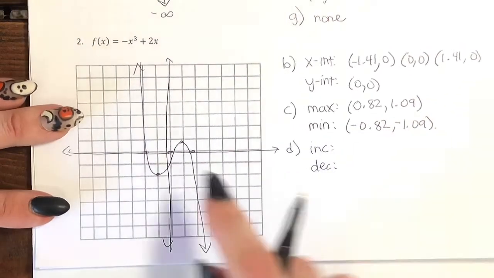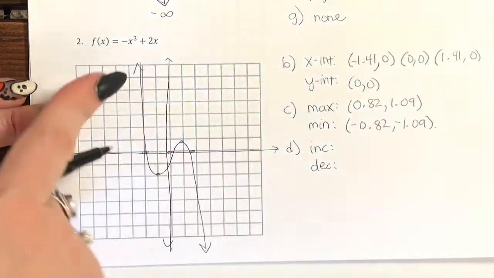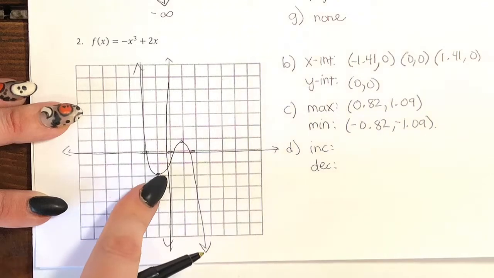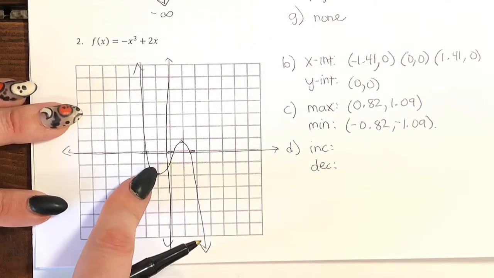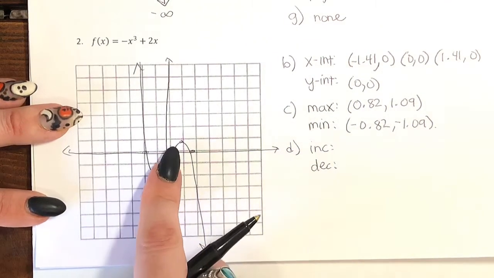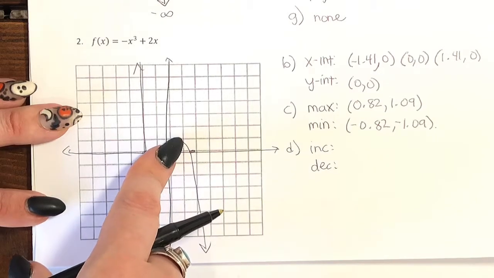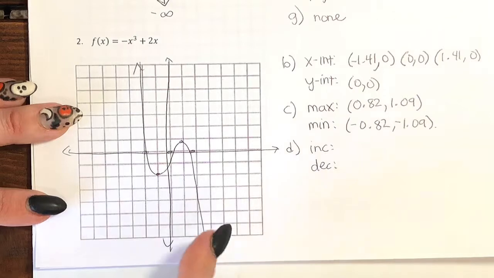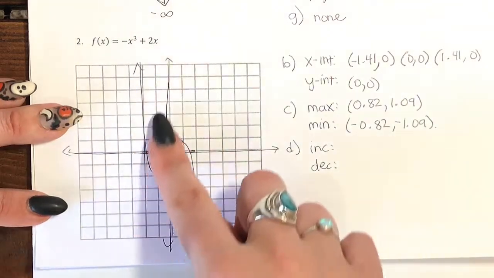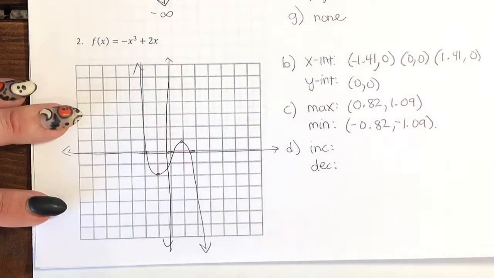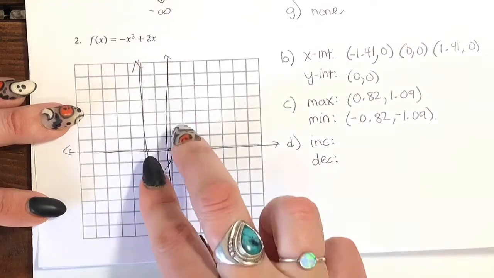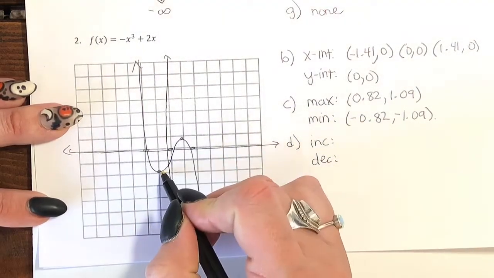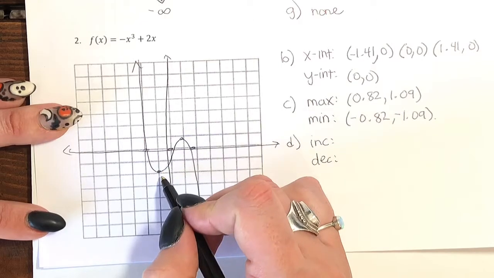So on this one, remember we always go left to right. If I'm going left to right, I am decreasing until I get down to this minimum. Once I hit this minimum, I switch, and now I'm increasing till I hit my maximum. And once I hit my maximum, now I'm going to be decreasing again. So you'll notice if you have multiple increasing and decreasing areas, they're going to be switching at those max and min points. So we already know those points, which is nice because we don't need to go find them